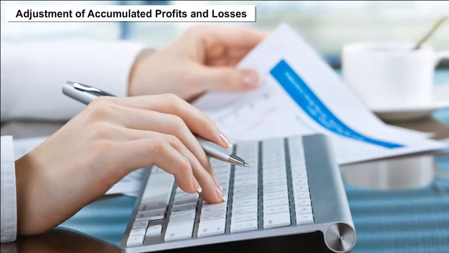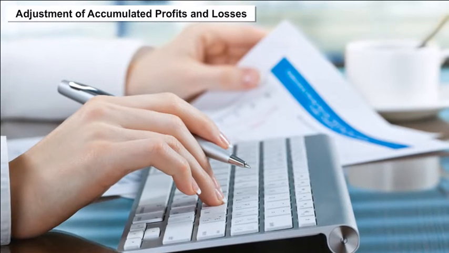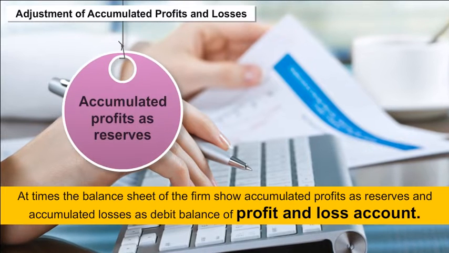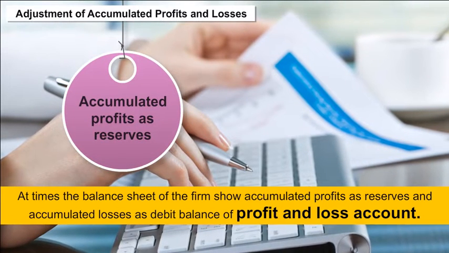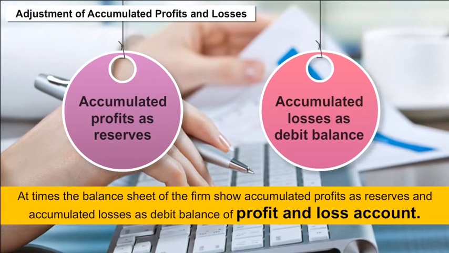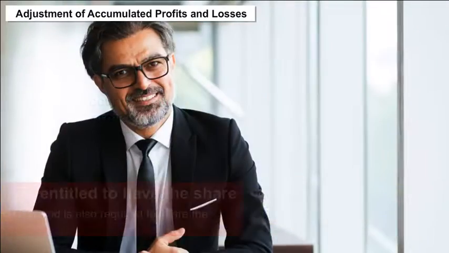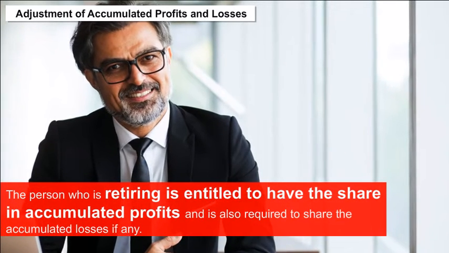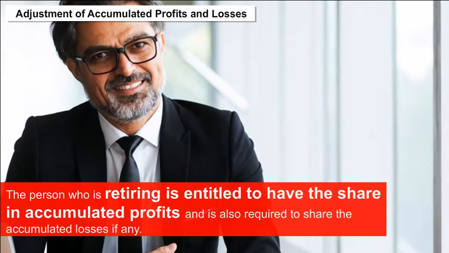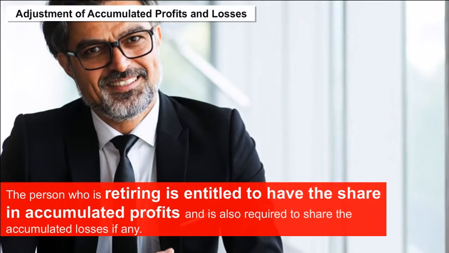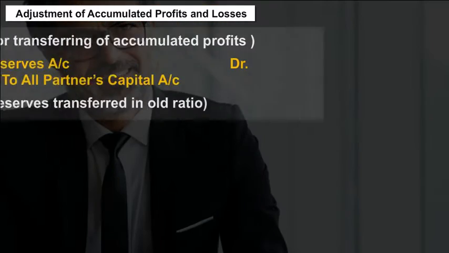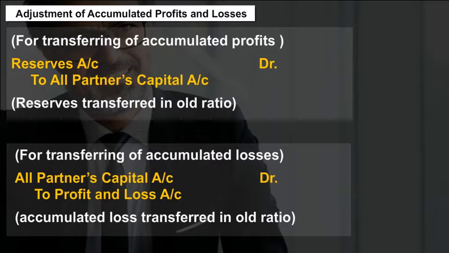Adjustment of accumulated profits and losses. At times, the balance sheet of the firm shows accumulated profits as reserves and accumulated losses as a debit balance of the profit and loss account. The person who is retiring is entitled to a share in accumulated profits and is also required to share the accumulated losses, if any. The journal entries for the same purpose shall be